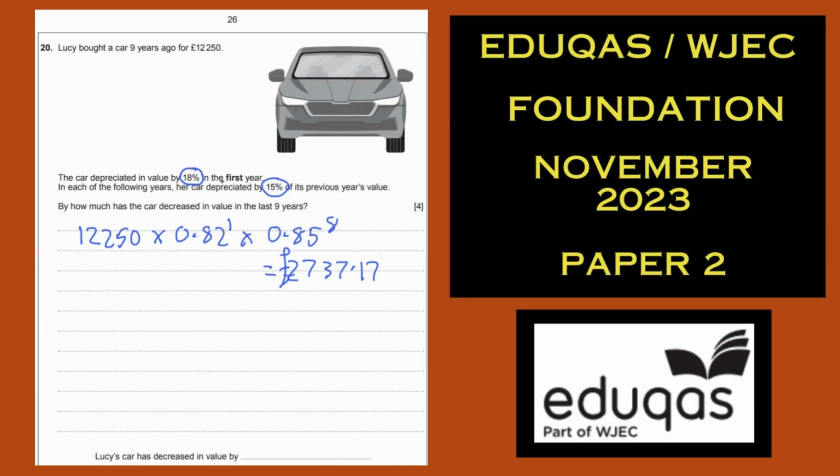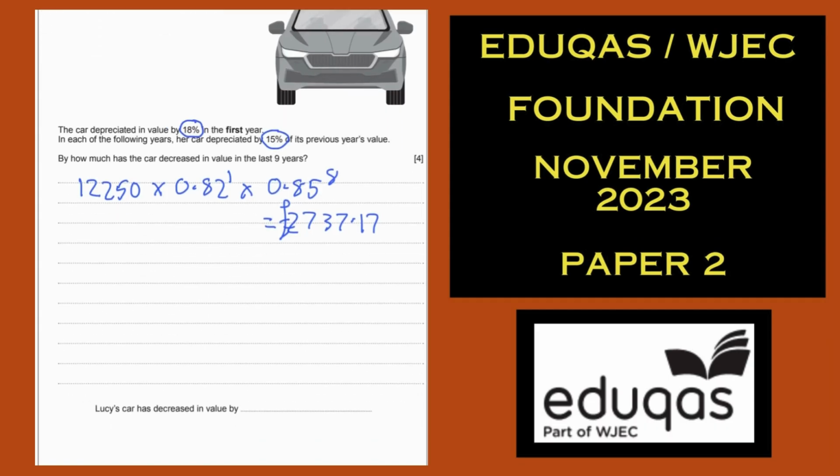Don't celebrate yet though. It doesn't ask you for the value of her car. It says how much has it decreased by. You need to subtract original price minus final price tells you the total value it's lost,